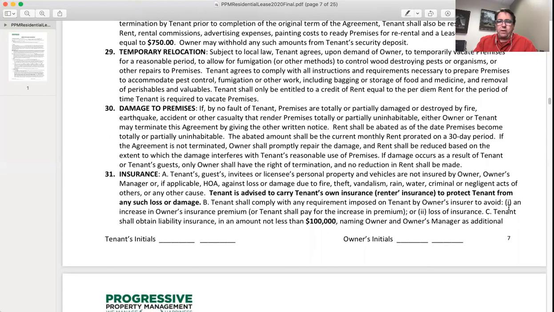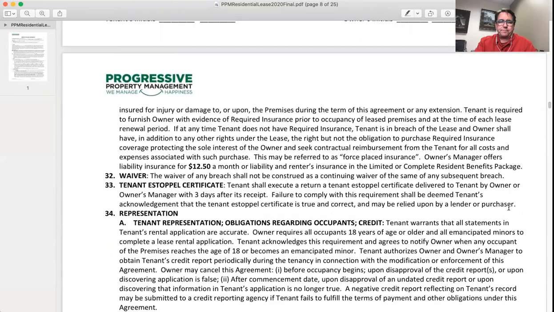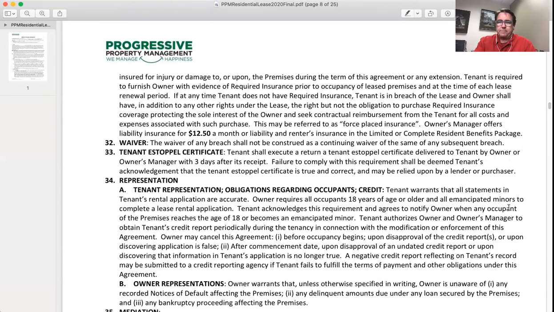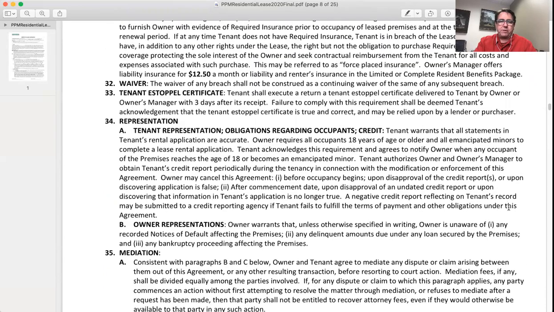For 31, really strongly recommend you get tenants insurance. If not, we're going to bill you $1,250 a month for liability insurance, but that doesn't cover your personal property. So if there would be a fire to the property and destroys $20,000 of your stuff, you're not going to get reimbursed. We do offer a residence benefits package, and the second package, $40 a month, does include renter's insurance, and it does include protection of your personal property. And this talks about the insurance at $1,250 in Section 31.